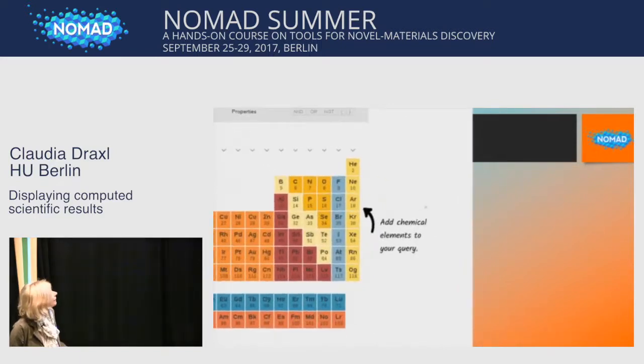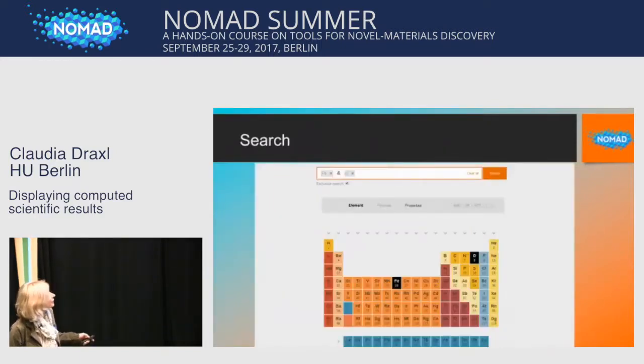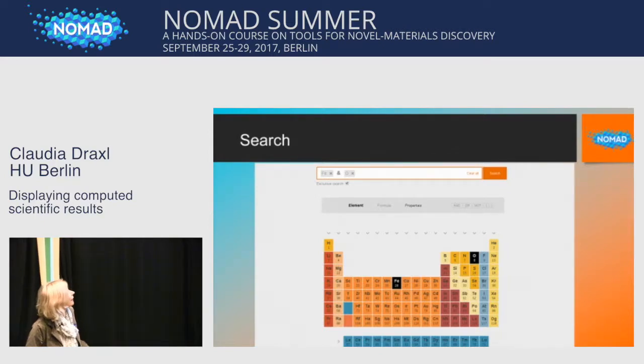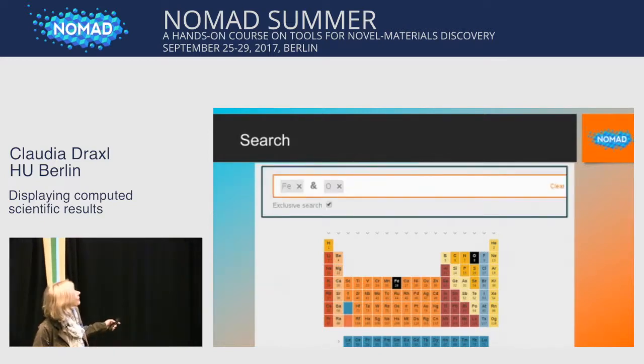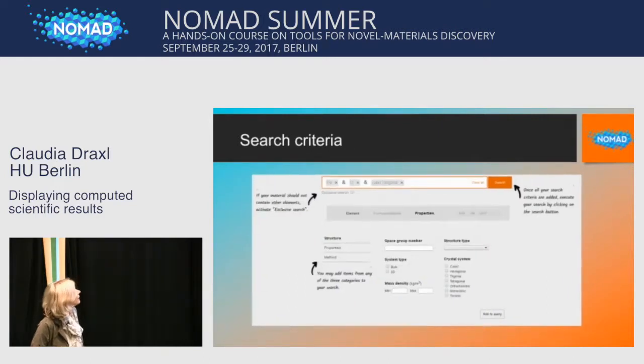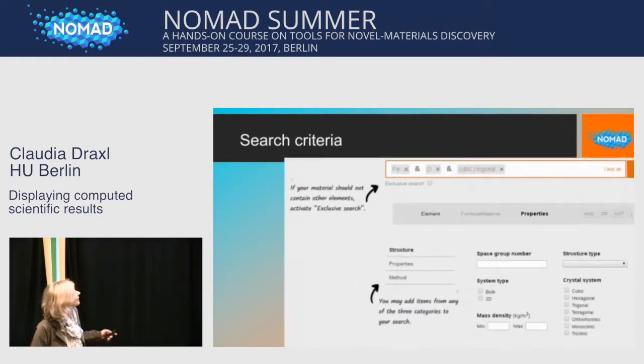And then you have a guided tour here. For instance, you have selected iron and oxygen, so these elements appear up here. These are the elements we have selected. And then we go into more detail here, because you can select the elements that are inside the material, and